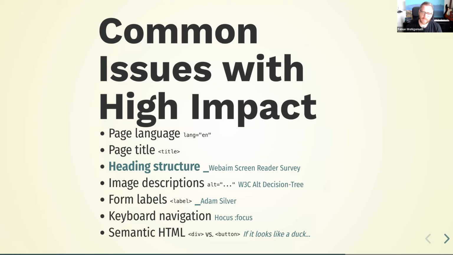The next one, image descriptions, or text alternatives, sometimes used synonymously. There is a difference, but the main thing is, if I use an image for something, I want a text alternative to have the equivalent of the purpose of the image.